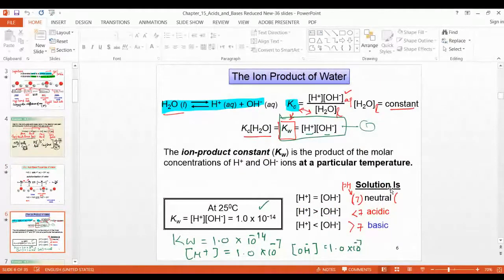Autoionization of water, and these calculations, how to determine the pH value of acid and of base. Strong acid, directly you can calculate. For the weak acid, you have to use ICE table to calculate X. X means H plus for acid, and for base, X means OH minus. So for any compound giving base or acid, you have to look first which one is a strong acid or weak acid. Strong acid, directly use calculation, pH is equal to negative log hydrogen ion concentration.